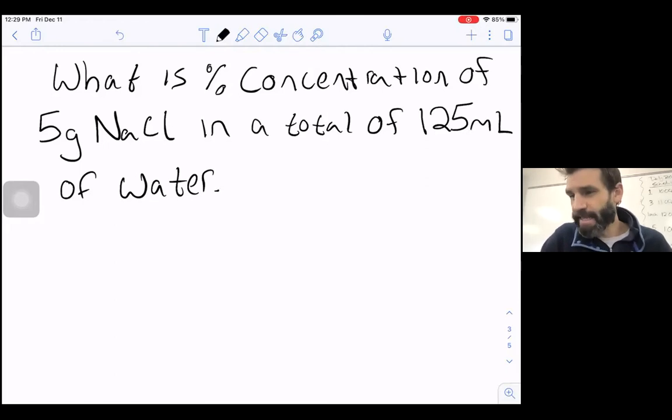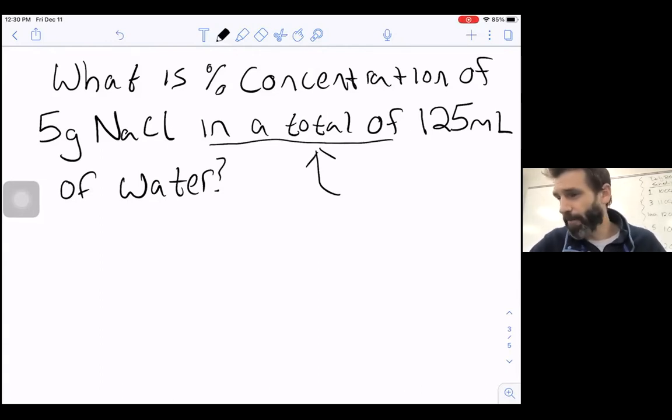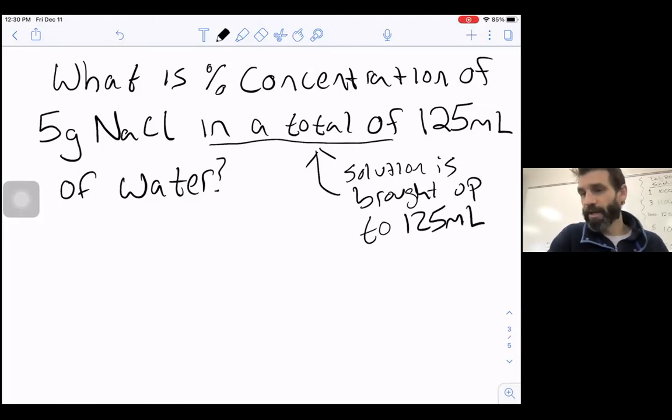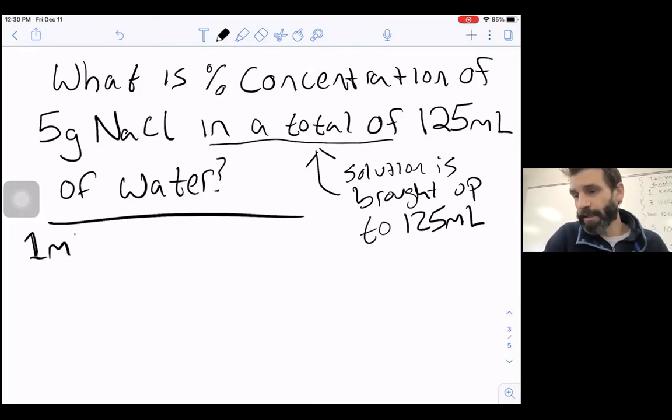When I say in a total, another way to say it in the lab is in a total of, and we say, what is the concentration of 5 grams of NaCl when the solution is brought up to 125 mLs. So to answer this, the first thing you need to know is that 1 milliliter of H2O